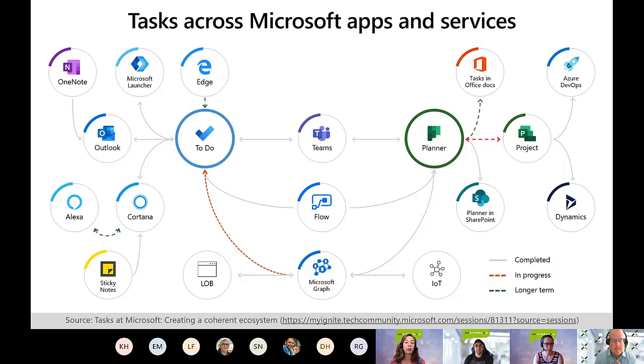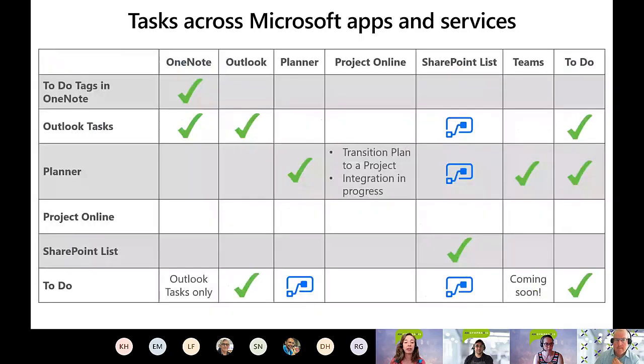But while I was walking through, looking at all these different integrations, this slide can be a little bit overwhelming. So I created a grid for us to talk about a little bit more. Which applications are connecting to which? Green check mark, direct connection. So for example, if I made a to-do tag in OneNote, of course, that's appearing in OneNote. That's on our top left. Another thing you can do in OneNote, for example, is have some of your Outlook tasks. And that earlier example I described was OneNote Outlook tasks can then feed into To Do. So you can get a little bit creative when you're making these connections.